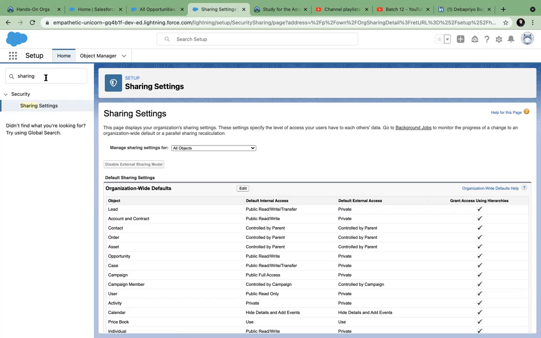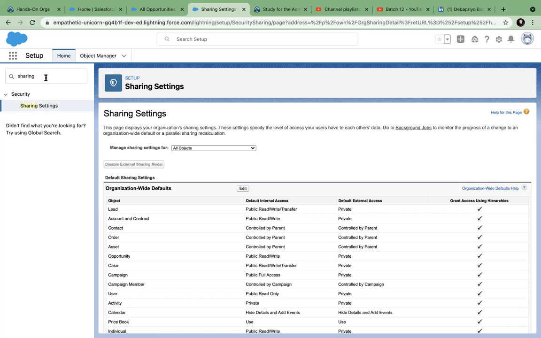But how do we show specific data to specific people, even if the OWD is set to restricted private, or give permissions of editing when the OWD is set to read only? That means bypassing OWD for some records, not everything. If you want to bypass for all records of that object, you can use the bypass. Like in the profile, you have View All and Modify All, that is a bypass.